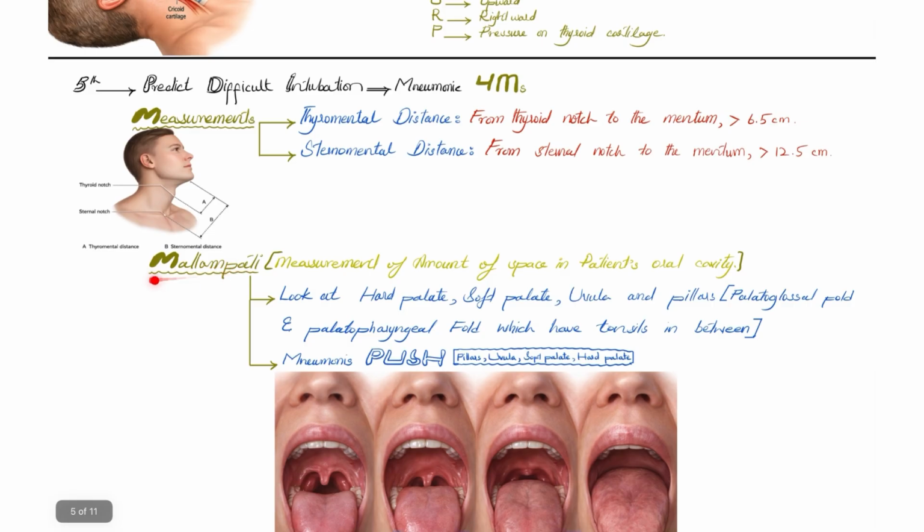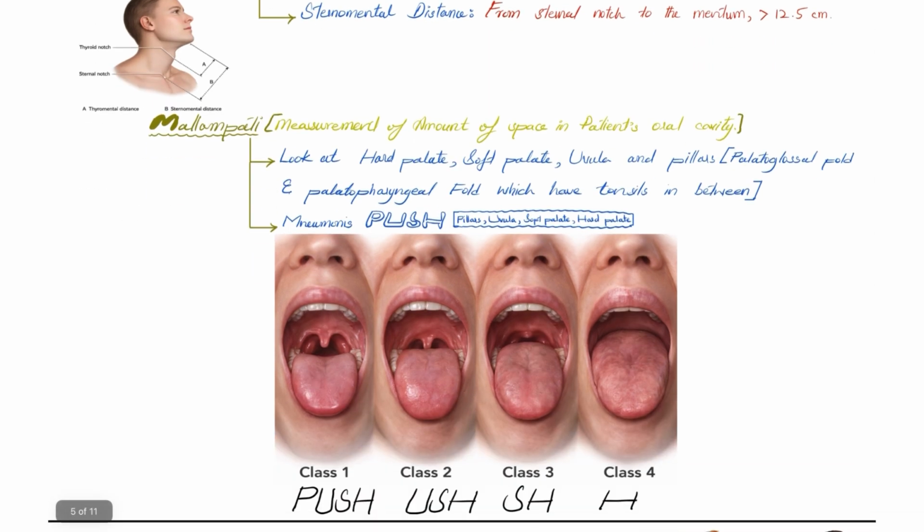The second M stands for Mallampati. Mallampati means the measurement of the amount of space in the patient's oral cavity. Look at 4 structures: hard palate, soft palate, uvula, and pillars. Pillars are the palatoglossal fold, which is present anteriorly, and the palatopharyngeal fold, which is present posteriorly, and in between them there are tonsils. So the mnemonic is PUSH: P for pillars, U for uvula, S for soft palate, and H for hard